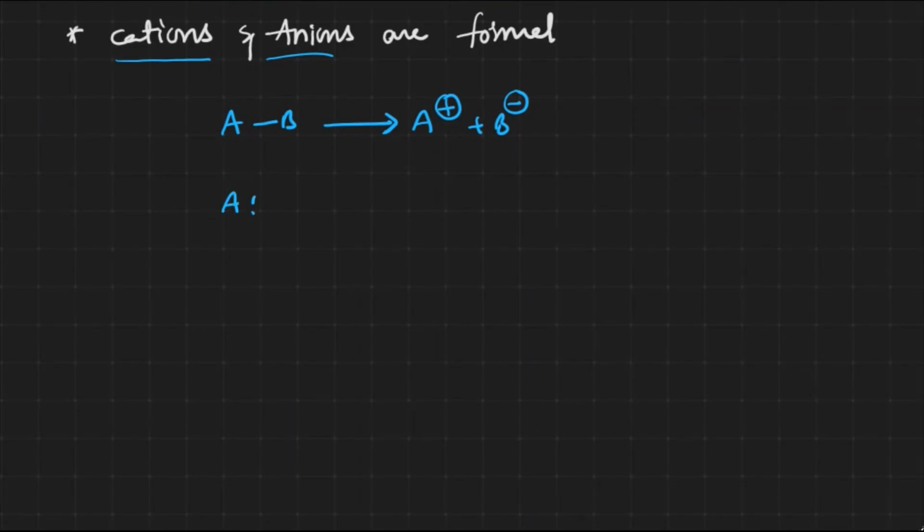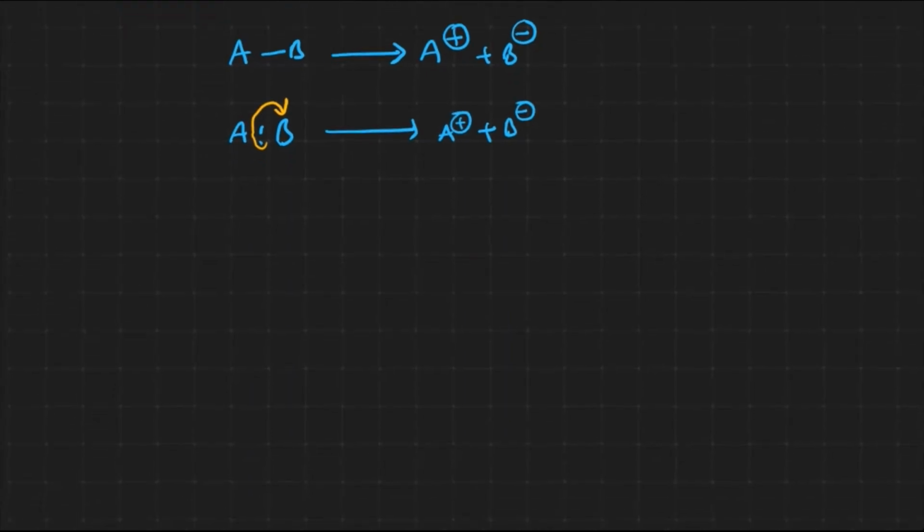We know each bond is formed with the sharing of 2 electrons. Now what is happening during the cleavage of the bond? We have 2 electrons in between these two atoms, A and B. During the breakage, complete shifting takes place towards B. That's what we call unsymmetrical. It is not equal, it is unequal. Because B is gaining the electrons, B becomes negative, that is an anion, and A becomes positive, that is a cation.